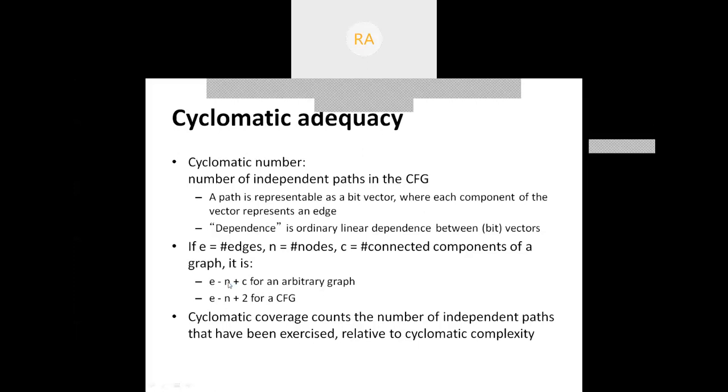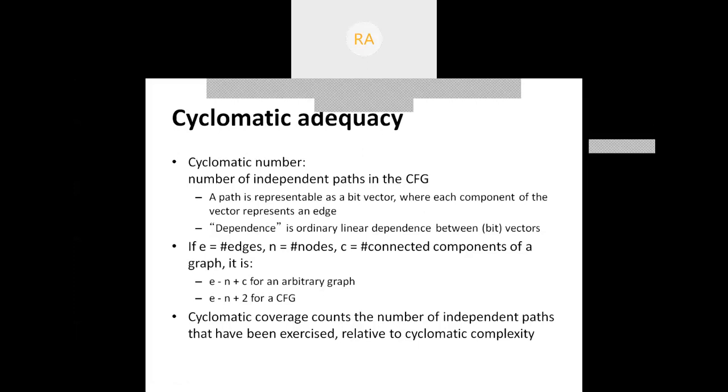But since we are interested in the control flow graph, the formula for computation of cyclomatic complexity is a little bit different, that is E minus N plus 2. E minus N plus 2 is the formula for the computation of cyclomatic complexity if I am making use of a control flow graph.